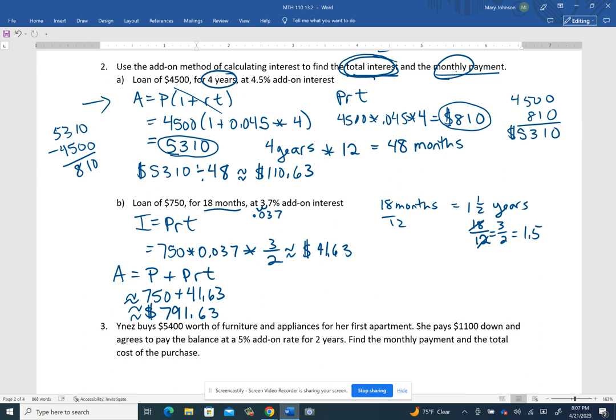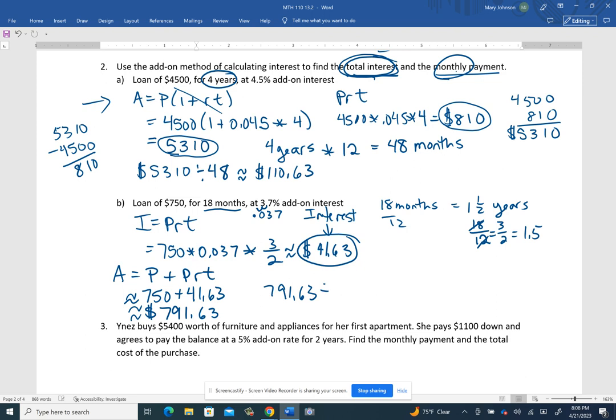Still not finished with the answer to the question, though. They did want the interest, so that's this. That's the interest. And then the other thing they wanted was the monthly payment. So then I have to think, okay, well, I probably shouldn't round at that point, but maybe, well, that's okay. So then I could take that